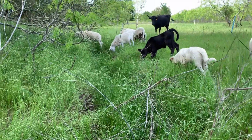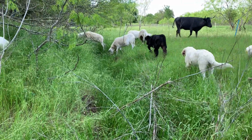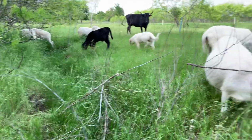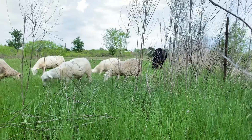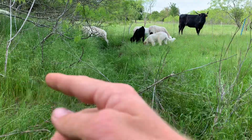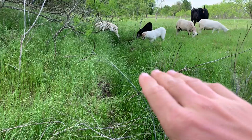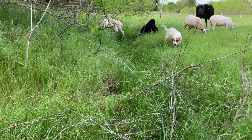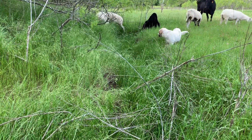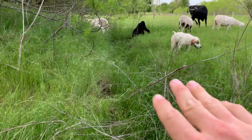But anyways, I don't want my sheep getting in the pond. The sheep won't really go in the water, but cattle will. I don't want to mess with all that, so I fenced it off. I got them in this gully here trying to fix it. So I have a small paddock going basically across this gully. And when they're walking back and forth, they're beating down the edge of this. This used to be very steep, no grass growing on it at all. Eroded soil. And so both with their hoof action and manure action, they've made it more of a natural curve,